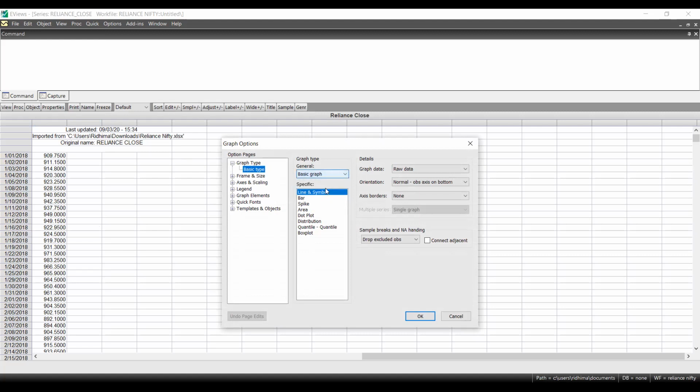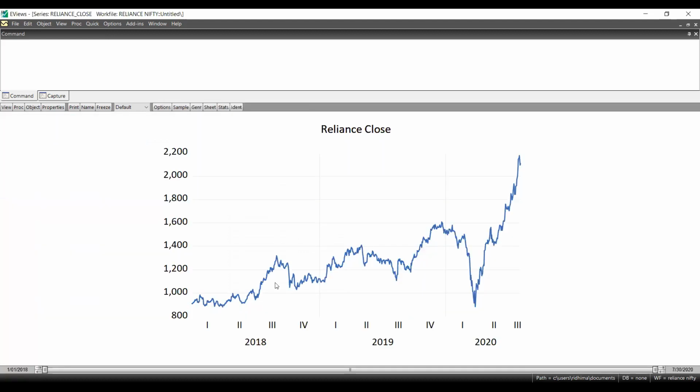There are various kinds of graphs that can be plotted in the eViews software. If it is not clicked, just click connect adjacent so that it will create a line graph for you. This is the line graph of my data. You can see there is a trend, and later on we will try to understand how to perform analysis when there is a trend or no trend in the data.